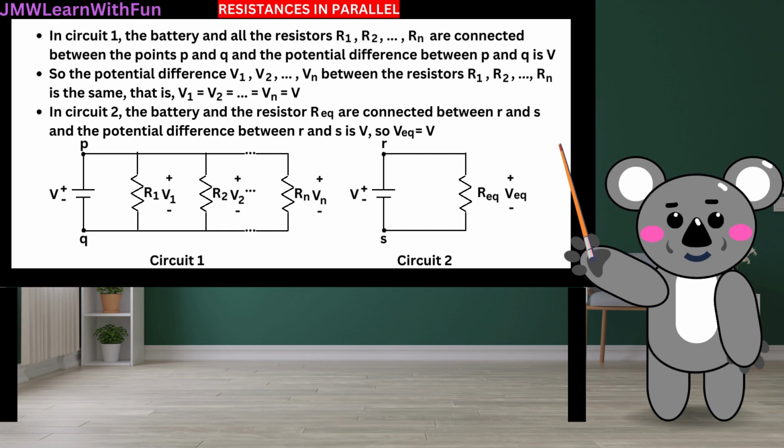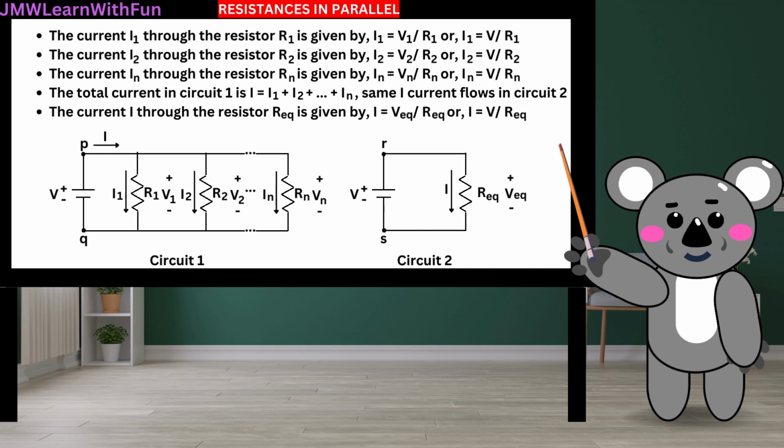The figure shows in circuit 1, the potential difference across R1 is V1. The potential difference across R2 is V2, and so on till the potential difference across Rn is Vn. In circuit 2, the potential difference across Req is Veq. The current I1 through the resistor R1 is given by I1 equal to V1 by R1 or I1 equal to V by R1. The current I2 through the resistor R2 is given by I2 equal to V2 by R2 or I2 equal to V by R2. The current In through the resistor Rn is given by In equal to Vn by Rn or In equal to